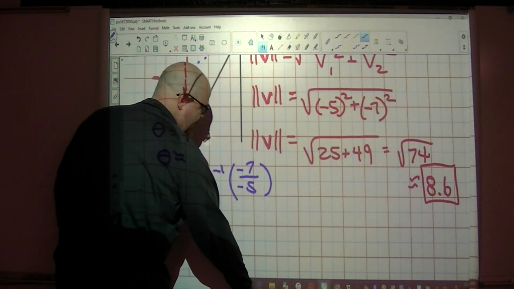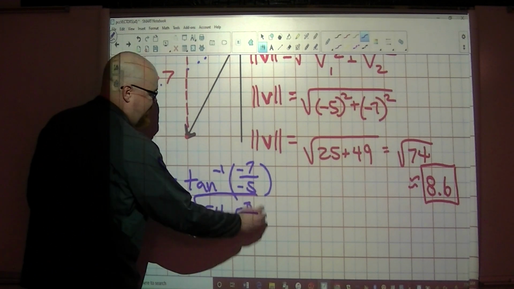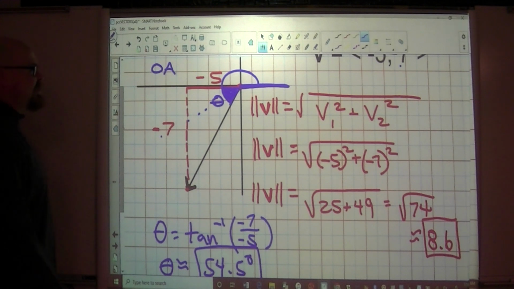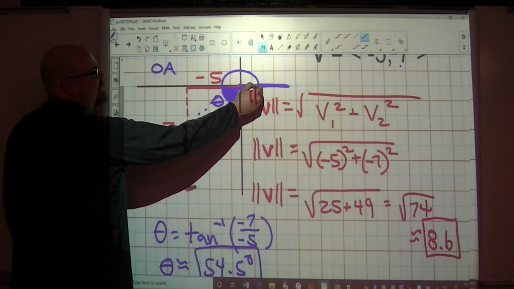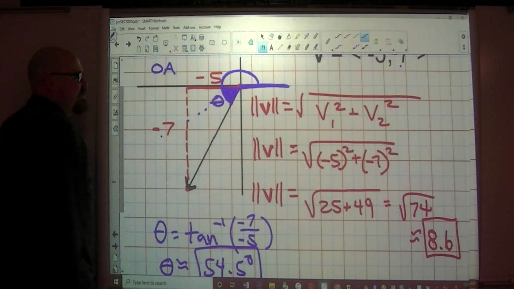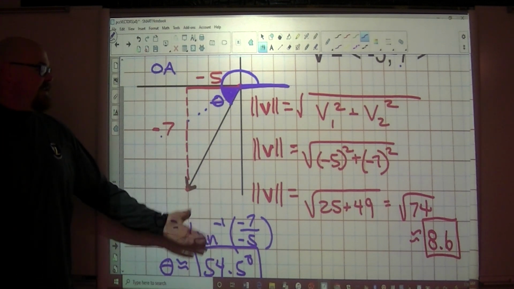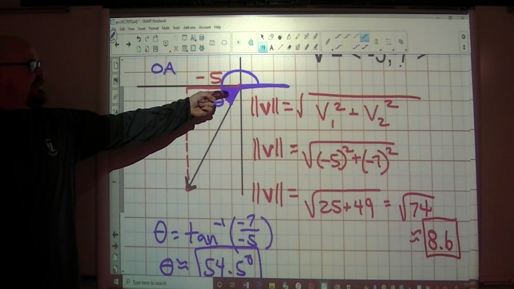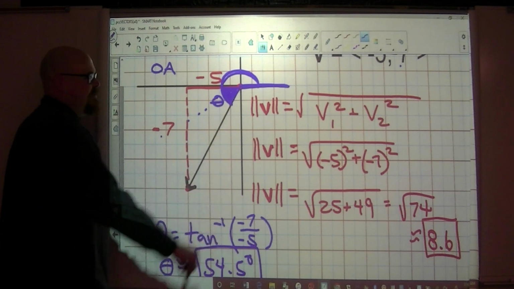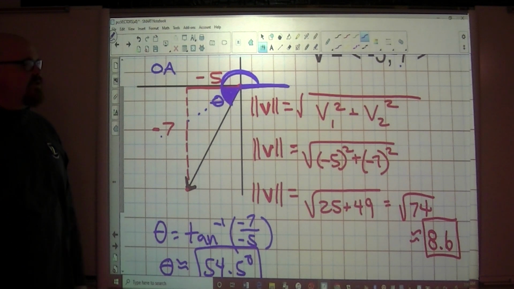So if we jump back to here, if you just blindly trust whatever number comes out of this formula and you say, yep, that's the direction angle. We said just 2 minutes ago that the direction angle of this vector goes from here, from the positive x-axis, all the way over to here. So a decent picture will tell you, with this number you got from the formula, that the angle that you just calculated is this angle right here. That's clearly not this angle, right? It's just this piece. So that's why we need to have a picture when we're working with vectors like this,